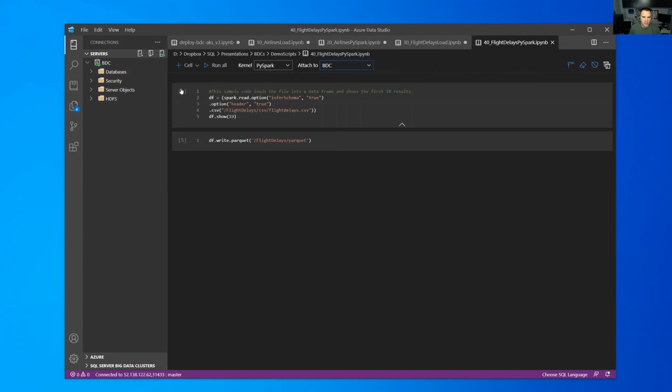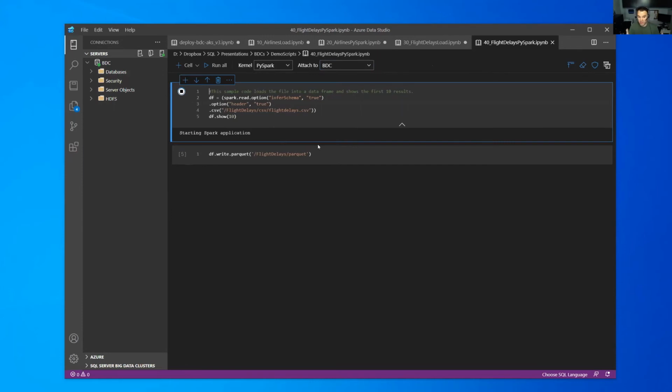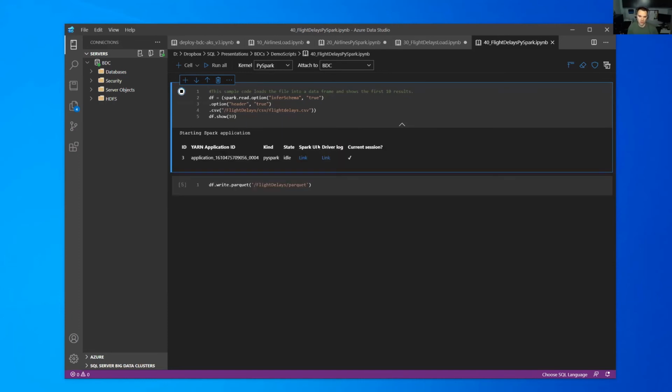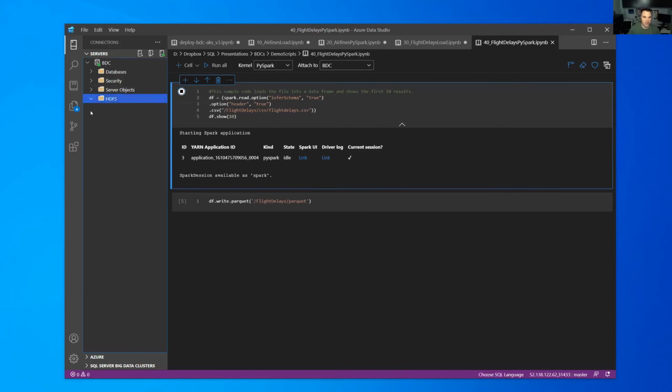So what I'm going to do now is create a data frame in Spark again. This is going to take another minute or so, unfortunately, to fire up the Spark application in this particular notebook window. And then once that runs, it will spit back the first 10 rows. But then I'm going to run this df.write.parquet command, and I'm going to take the data frame of this flight delays file and write it out to Parquet files. It's going to go into its own directory called flightdelays/Parquet. So it'll be here in HDFS in a different folder next to CSV, and it will be these Parquet